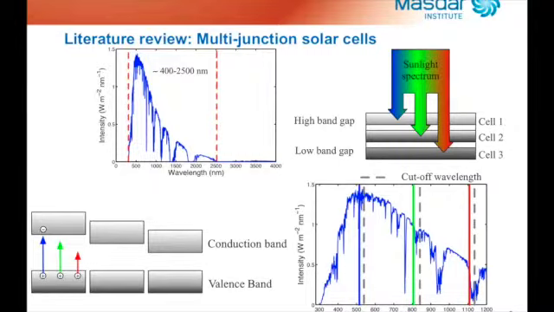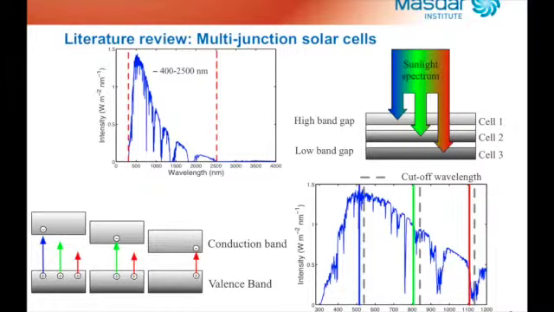Well, in this case, we have a very efficient generation because if you look at the top layer, so the layer to the left in the band diagram, the blue photon is absorbed while the green and the red one are transmitted through the first layer. The green photon is absorbed in the second layer, while the red one is transmitted through the second layer, and finally arrives in the third layer in which it is absorbed. So we understand in this case, compared to the previous case, that we have a very good and efficient generation of